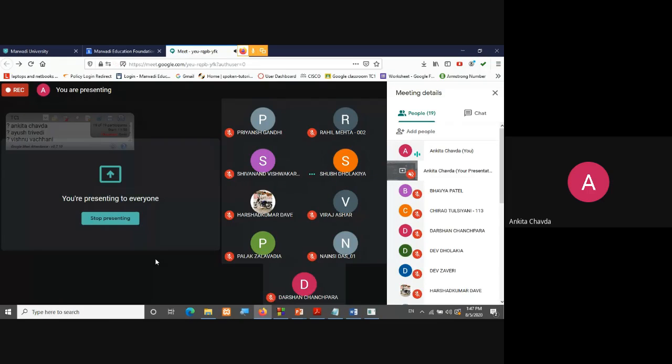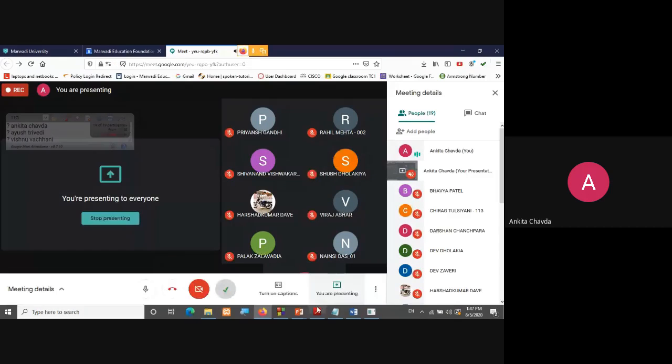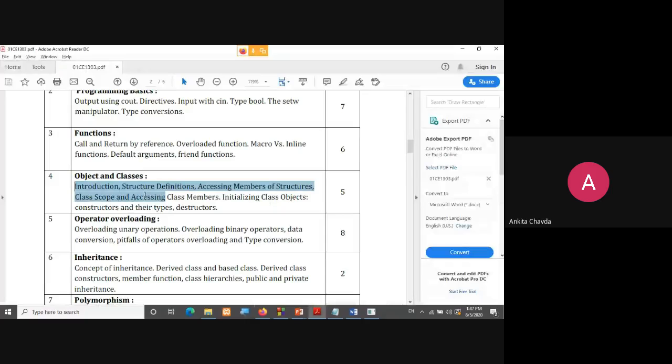Yeah, class and object. So that is our fourth unit. So of course, I will teach it when the fourth unit comes, dear. And already I taught you how to write a program with class and object, right? Already on the very first lab, I taught you how to write a class and object. And the rest of the things will be there in our fourth unit only, and we are right now on the third unit in our theory. So I hope I can make you understand about class and object in the fourth unit only. I don't have any other options, and if you are having options, then you can suggest to me.